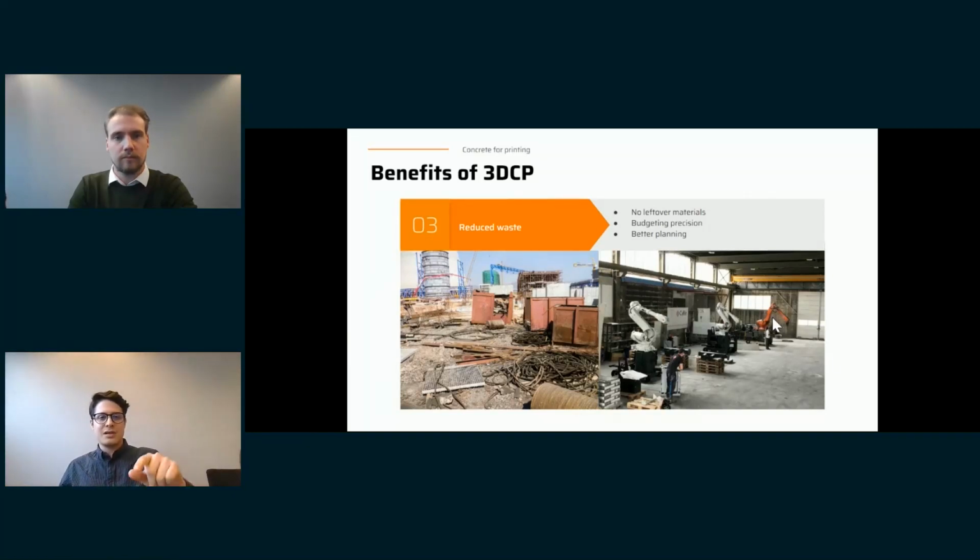And for example, if you check both pictures, on the left we have a very bad construction site, say, and on the right we have the construction site for 3D concrete printing. And normally in construction sites, you can see that there are many materials, they are damaged, they just become waste, or they just don't work.